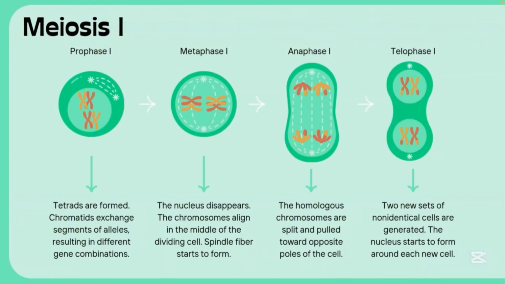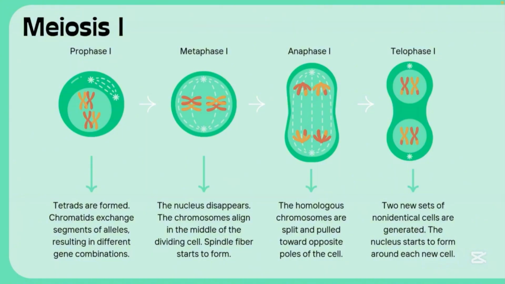So start with meiosis I, which occurs first. It happens first, the prophase stage. Meiosis I is actually quite similar to mitosis, except that in meiosis, in prophase I and metaphase, the crossing over and independent assortment take place, which does not take place in mitosis. So let's get deep into it.